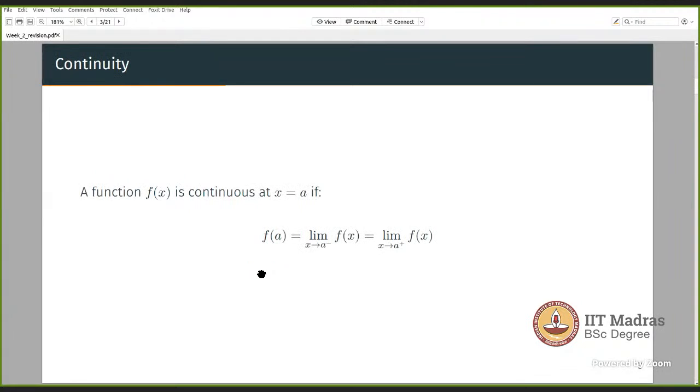So continuity. If you want to check a particular function, you firstly would be interested in checking the continuity of the function at a given point. Okay, so that point will be given to you. Let's say the function is given and you have to check whether the function is continuous at a given point, let's say x is equal to a, or not. So what do you do for that? There are three things that you need to compute, and you have to check whether they are equal or not. So first you have to compute f of a, right? The function's value at the given point x is equal to a.